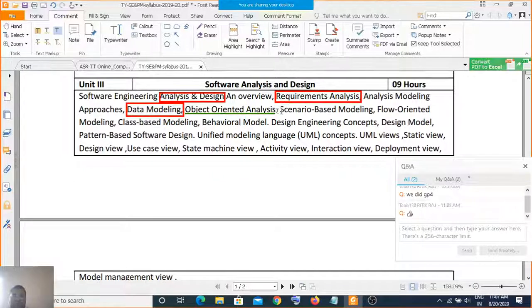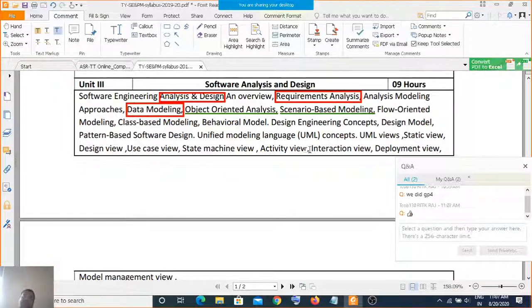Scenario based modeling deals with how you design or create the user interfaces. It doesn't deal with the inner intricacies of your software. Instead, it deals with how your software will respond to the user's action.